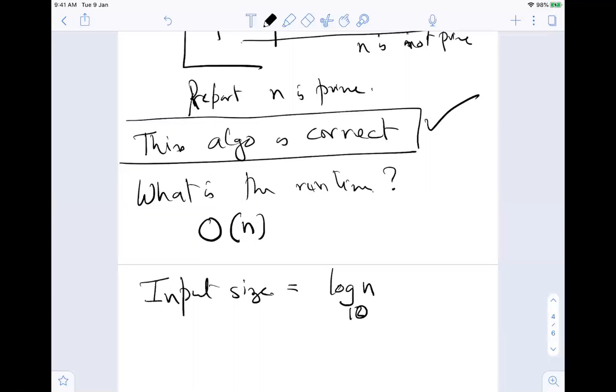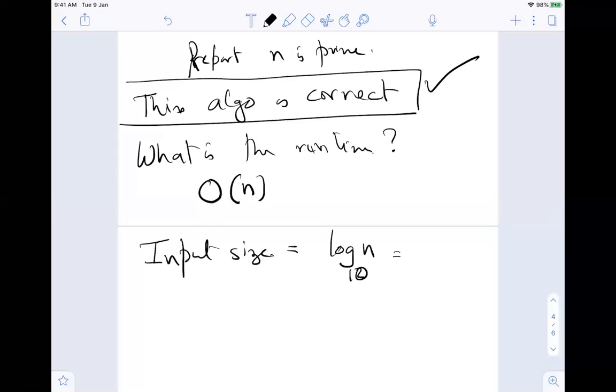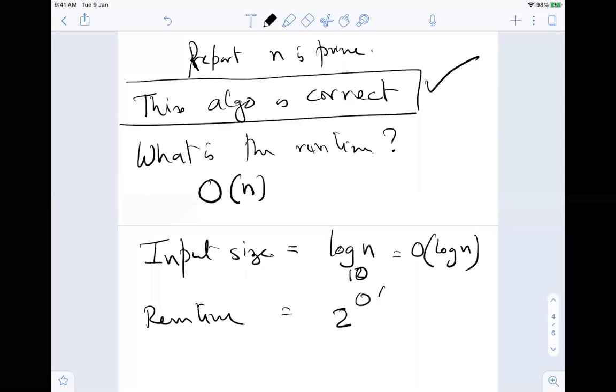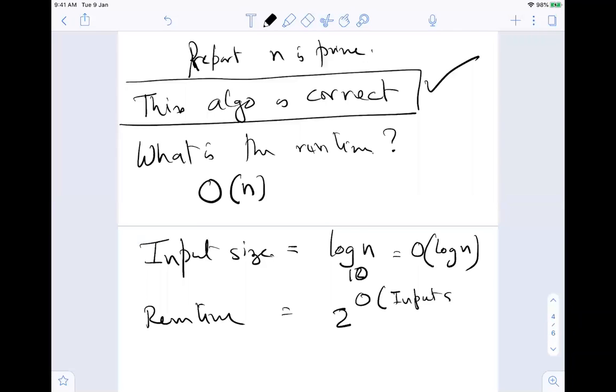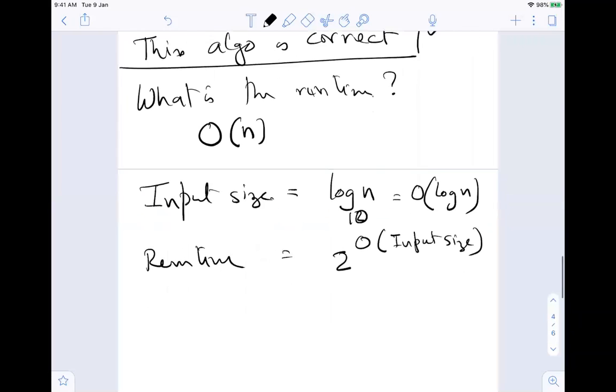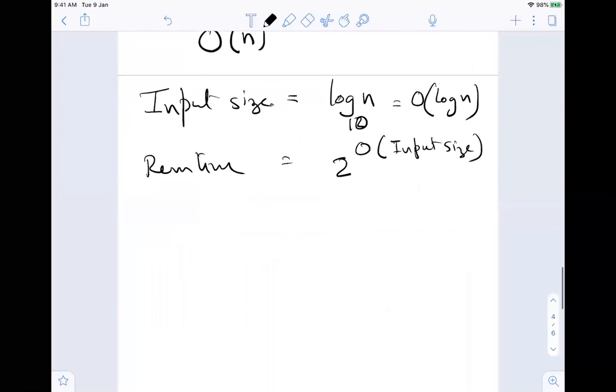So the input size is order log n, and in that case the runtime becomes 2 to the power order of the input size. So you'll understand a bit better that this is something that, by the way, the Indian Army, for example, has to handle regularly. I will give you a number